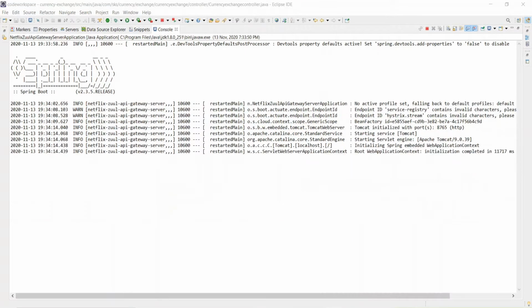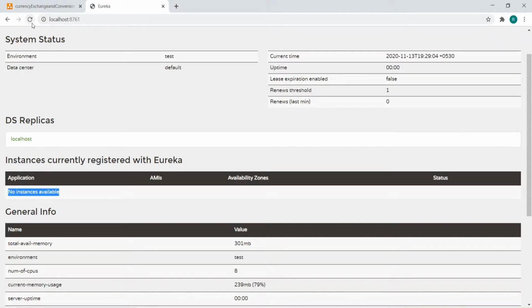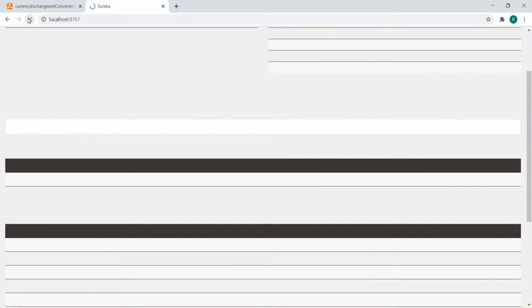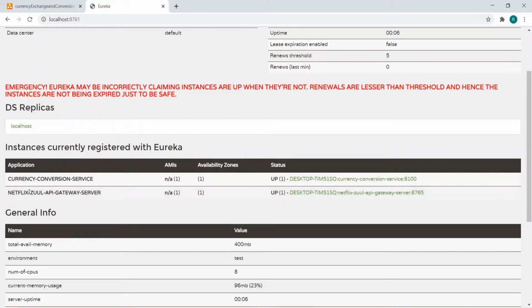Go here and refresh the Eureka naming server and check how many instances are getting registered. So far only the currency conversion service has started and registered with the Eureka naming server, which is running on port 8100. Let's refresh this. Now the Netflix Zuul API gateway server is up and running.